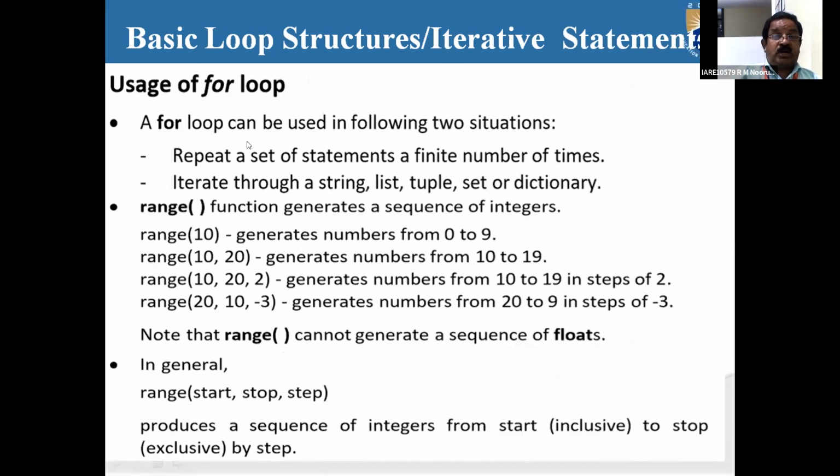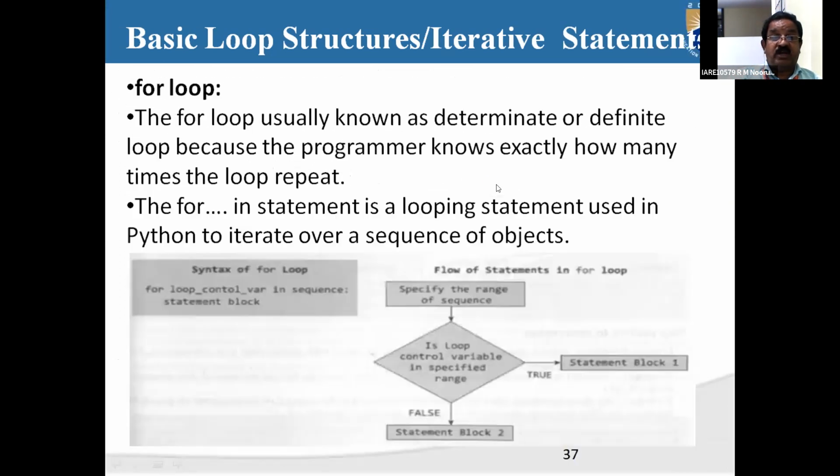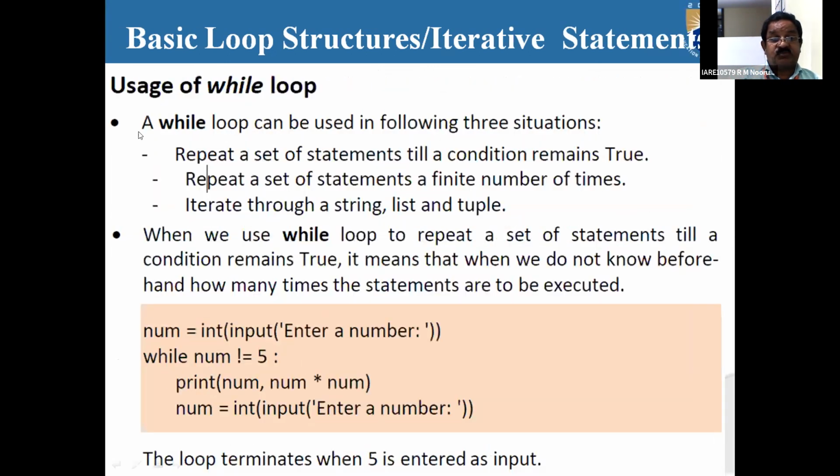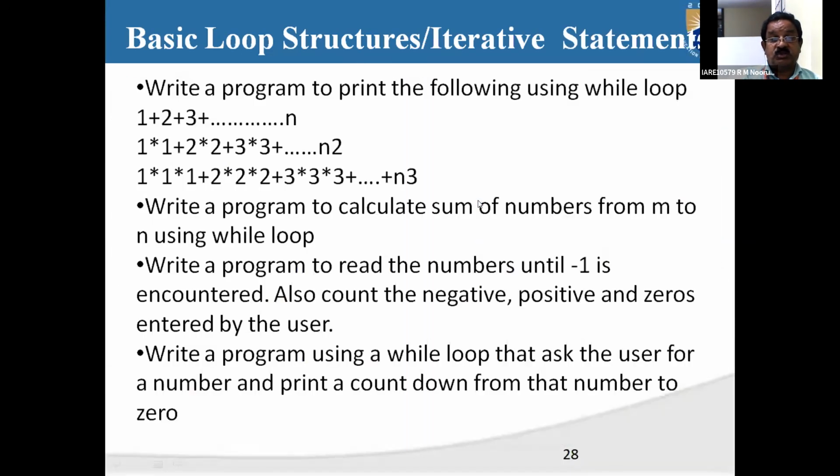Right. So when are you going to use the for loop? A for loop can be used in certain situations, whereas you have seen when to use the while statement: these are the circumstances. Whenever you want to repeat a set of statements till the condition becomes false; if the condition is true, it remains in the loop, and if the condition is false, it will come out of the loop. Or even when you are going to repeat for a finite number of times, if you are dealing with strings, lists, and tuples, you use the while statement.